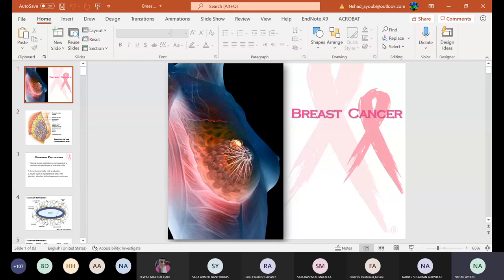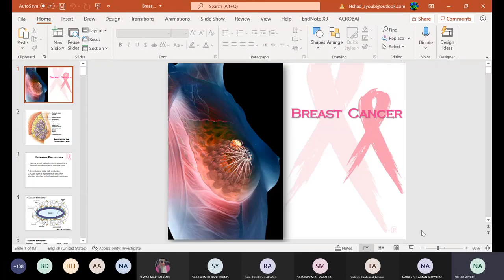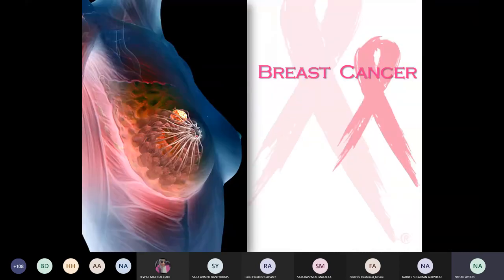Unfortunately, I have seen cases of breast carcinoma as young as in their 20s. It is a very common and very aggressive disease, unfortunately. Public awareness about breast cancer still is not that good with us, unfortunately. So it is a very important topic. When we talk about breast cancer, basically we are talking about